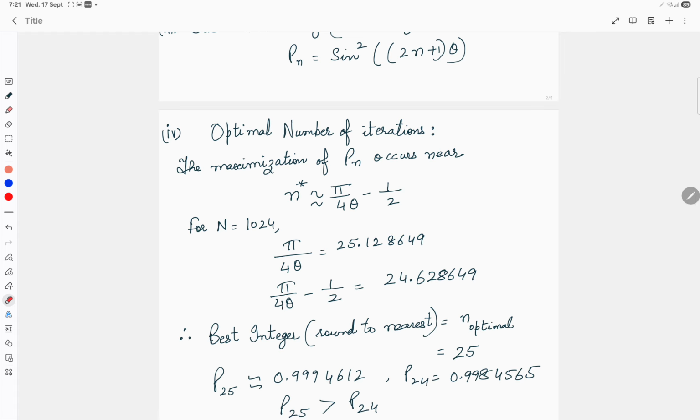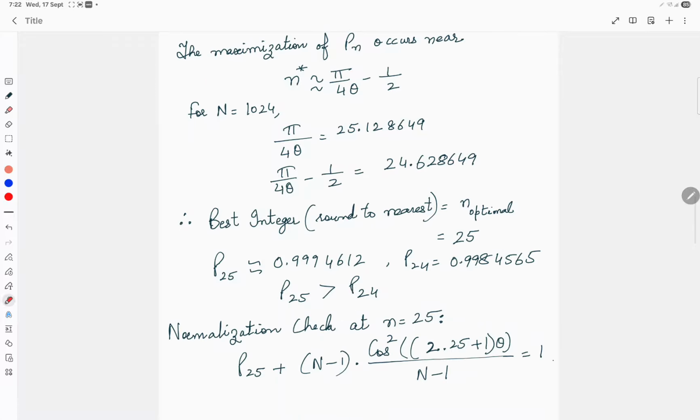achieving the target state. And we also know that the optimal number of iterations is given by pi by 4 theta minus half. This we have already derived in the video that I developed for the Grover search algorithm. So if we put all the values here, where small n is the number of iterations and capital N is the number of items, this will come out to be